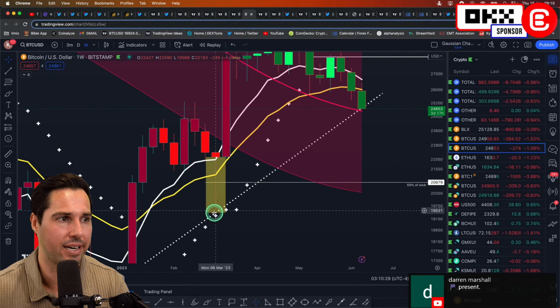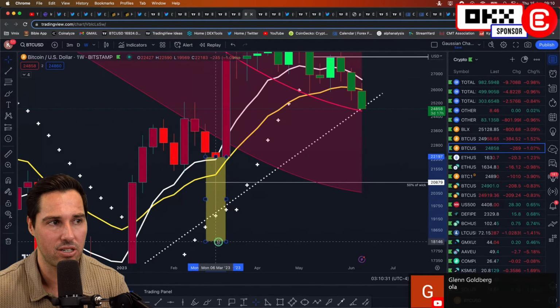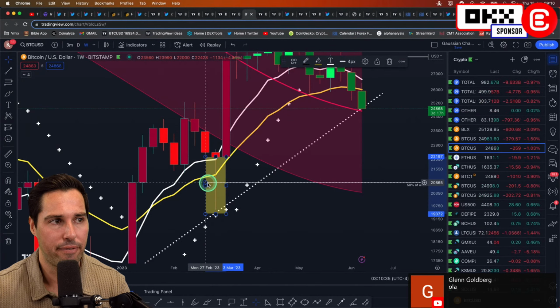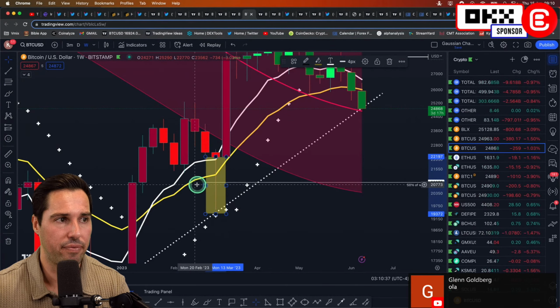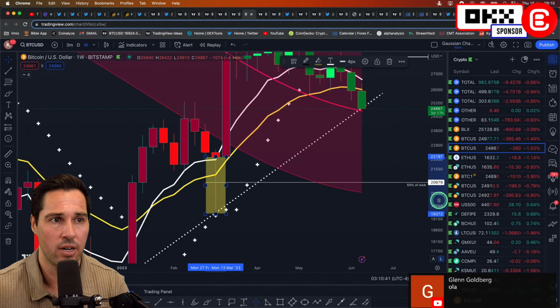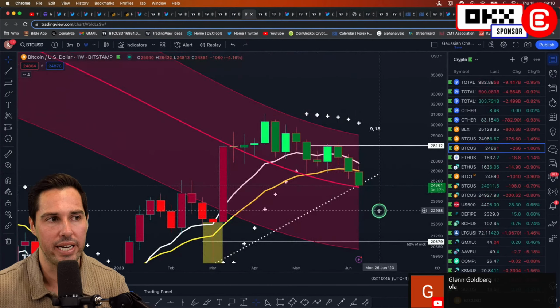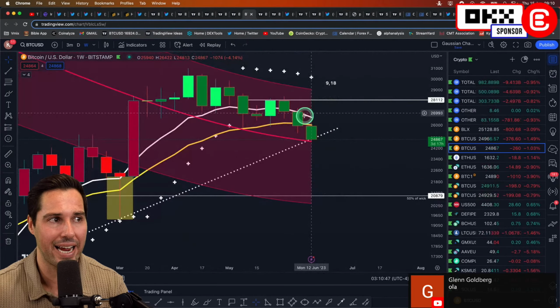20,879. Why did I choose this level? Well, oftentimes, similar to CME gaps, the wicks have a probability of being filled 50% of the way through. So if you take 50% of that wick, that's exactly where that price level comes into, 20,879. Okay, and then we need to reevaluate, because if the 9 and the 18